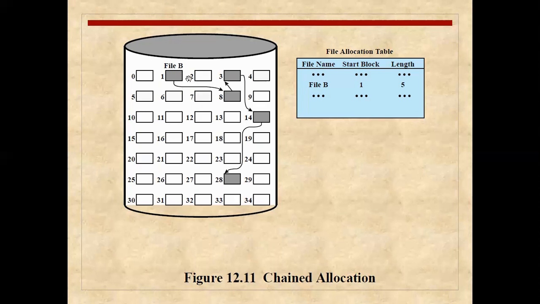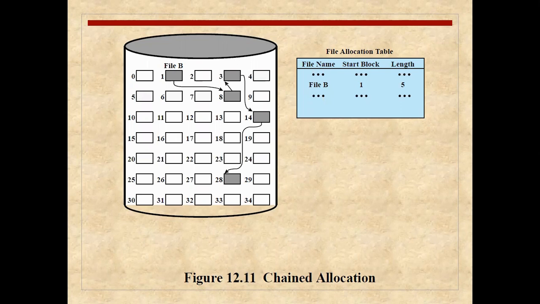Chain, you can say a linked list kind of a structure, where the previous block will be having the address of the next block. This one sector will be having the address of this eighth. Eighth will be having the address of 3. 3 will be having the address of 14, and 14 will be having the address of 28. These are random numbers, obviously. Wherever you are getting any free block, you can utilize that block directly with the help of that address field. But you have to manage that address field in every block.